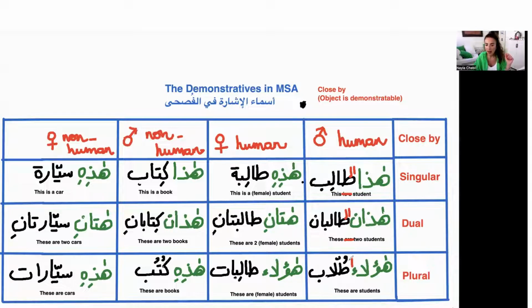Here, هؤلاء الطلاب becomes, can you guess? These students. And I would need to continue the sentence. These students are happy, let's say. هؤلاء الطلاب فرحون. هذه الطالبة becomes this female student. هاتان الطالبتان becomes these two female students,